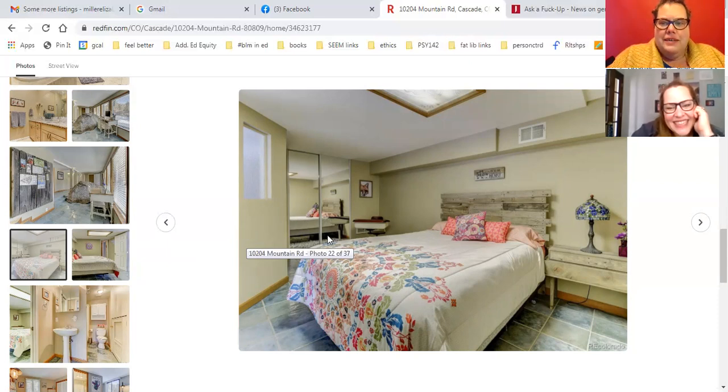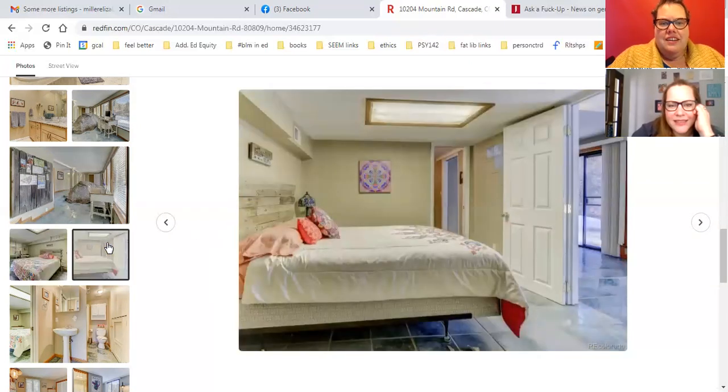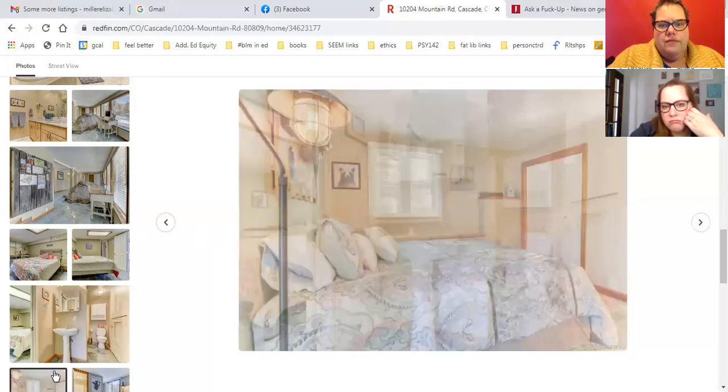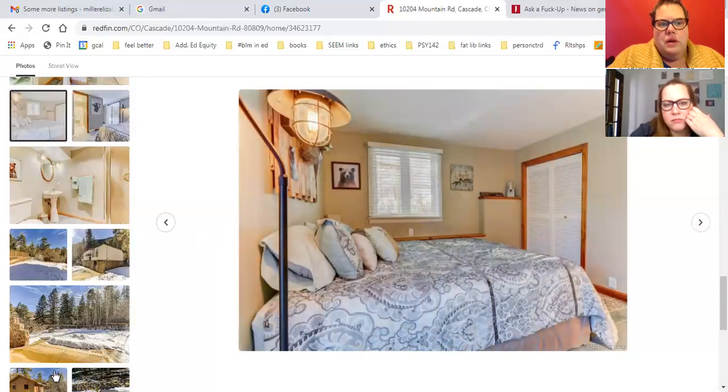Okay, now we're back to just a regular bedroom. We really are just pretending that boulder is normal, aren't we? Yeah, like it wasn't even there. Wow. See, okay, so maybe it's all one story because it looks like that's outdoors. Yeah, and it looks like it's flat. Okay, small bathroom, but fine use of space. Well, I will say no longer do I feel like the very small bathtub is the most bizarre part